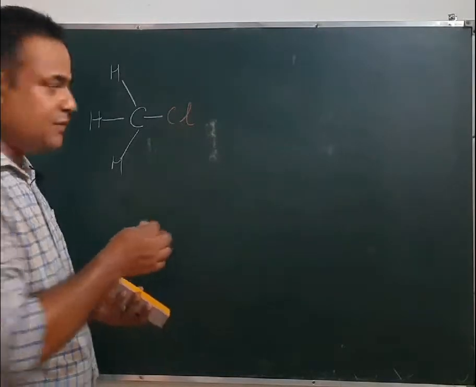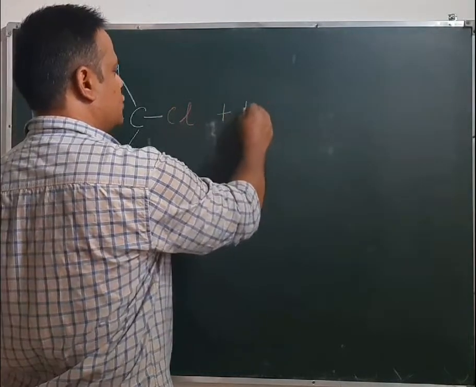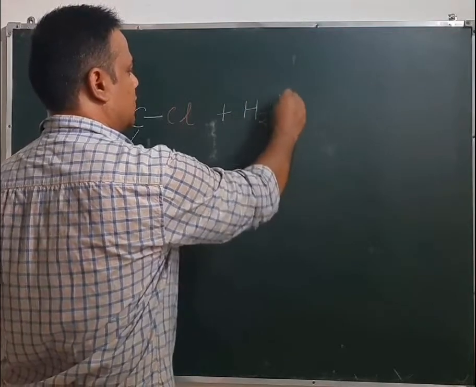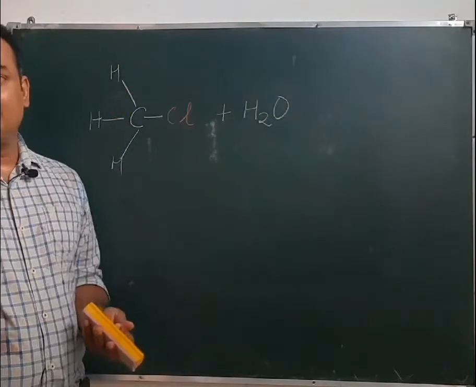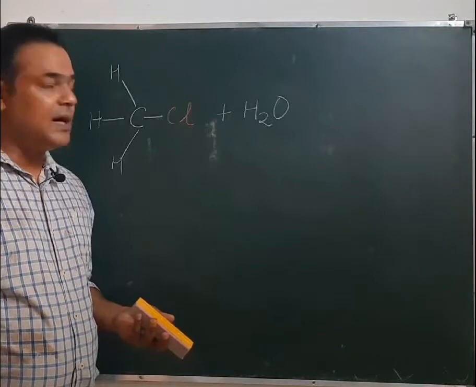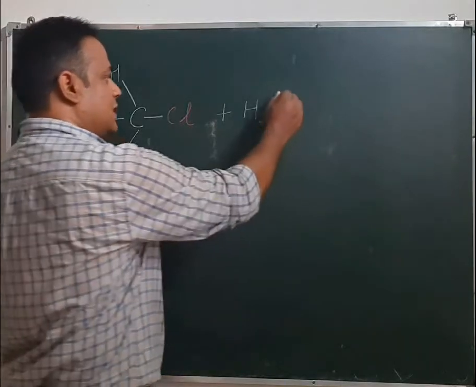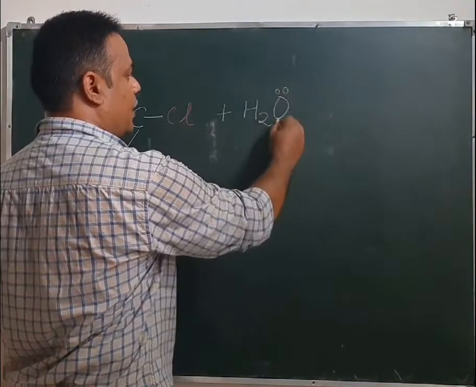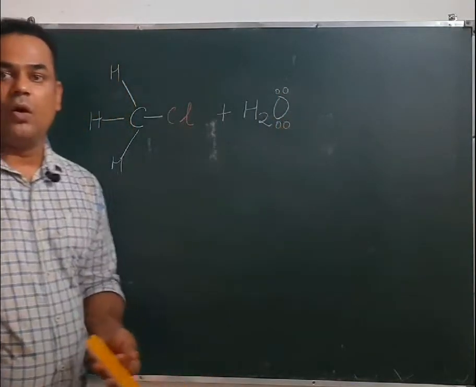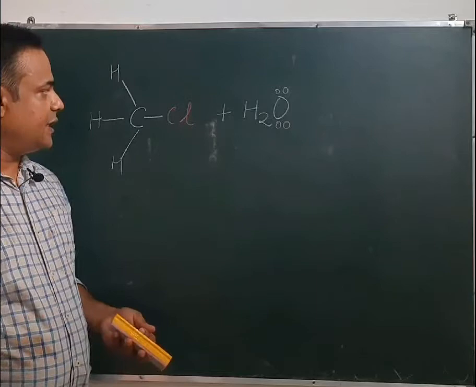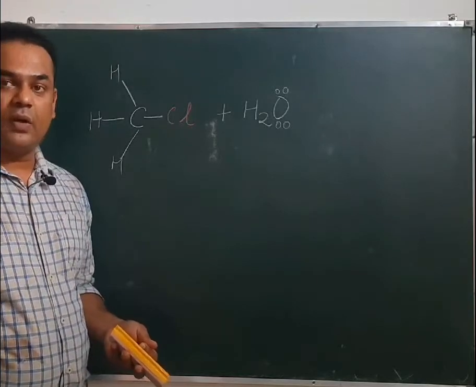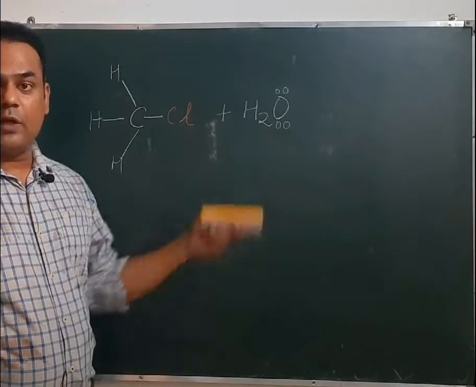And if we react this with H2O, water: now in H2O, none of the parts is negatively charged, but if we focus on oxygen, this oxygen has an extra pair of electrons. Lone pairs of electrons are present on the oxygen atom, and because of this lone pair,